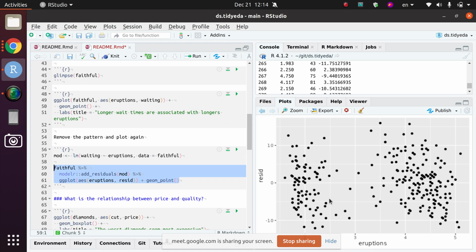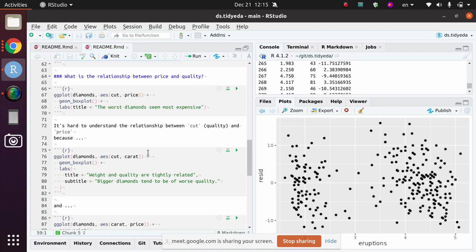And that pattern is gone. You can see now that there is no longer a line going from the bottom left to the top right. So that is what we have achieved with the model. We extracted that pattern that was so obvious here. That idea is very powerful, and we are now going to use it again in a different data set